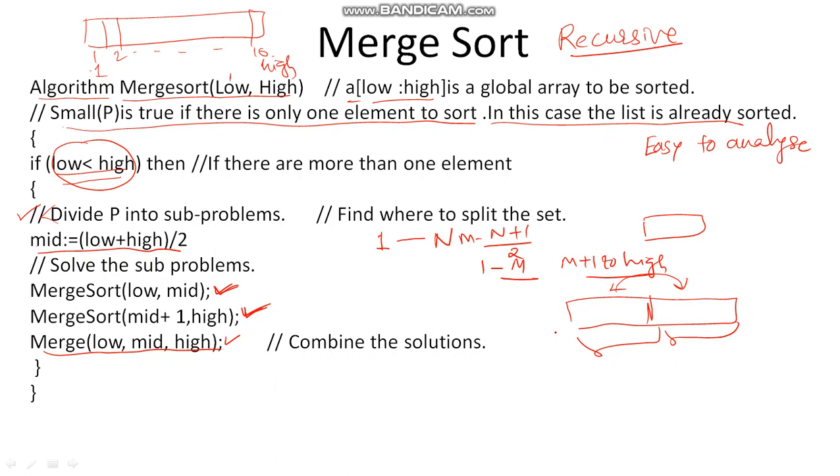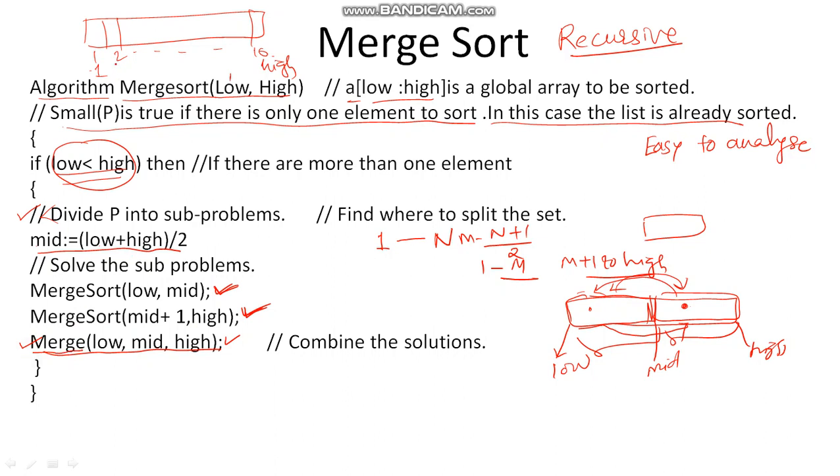And how to merge? This is the lower index, this is the middle index, and this is the higher index. While merging, what we have to take care of is that the first half array should be compared with the elements of the second half array, and whatever elements of the second half array are smaller than the elements of the first half array should shift towards the left-hand side, and the values which are larger in the left subarray should shift to the right side, and that care is taken in this particular part, that is the merge.